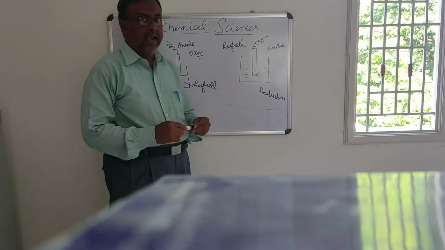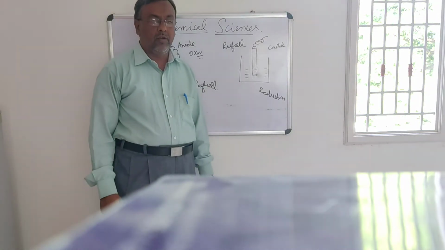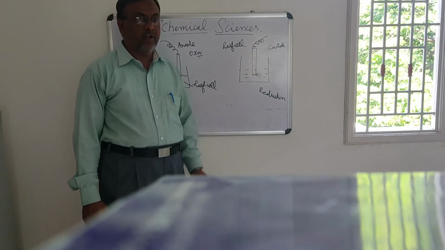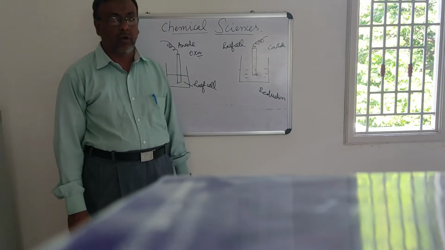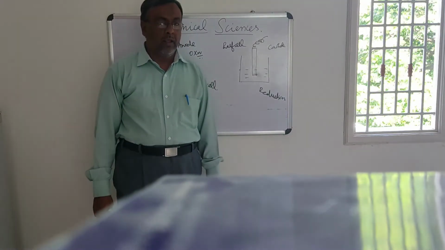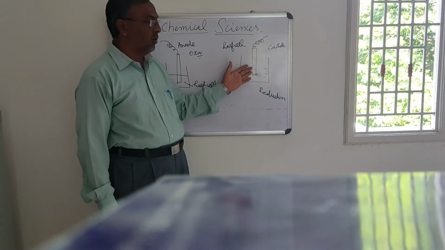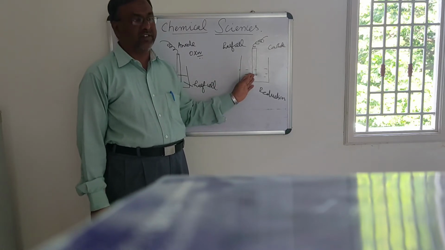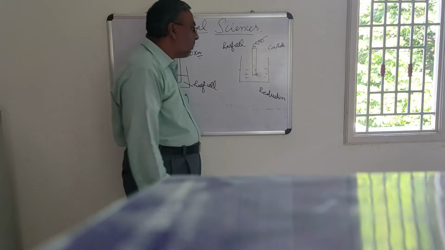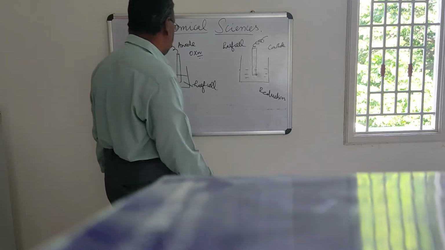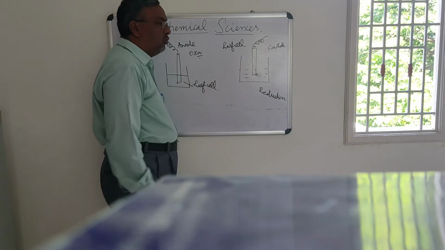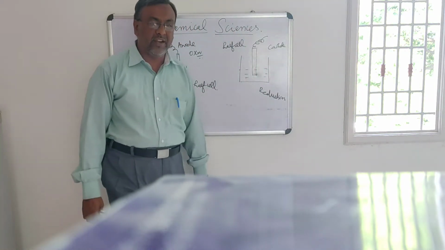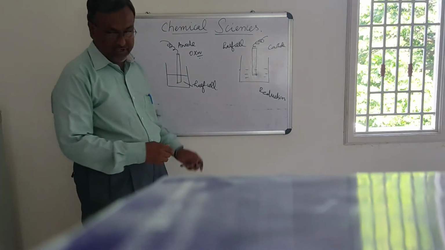See, every metal has its own tendency to undergo oxidation, and the tendency of a metal to undergo oxidation is called oxidation potential. The tendency of an electrode to undergo reduction is called reduction potential. Now, the two half cells are usually connected by a device called salt bridge.